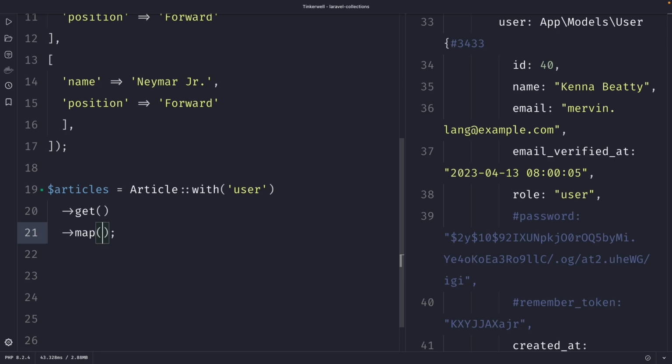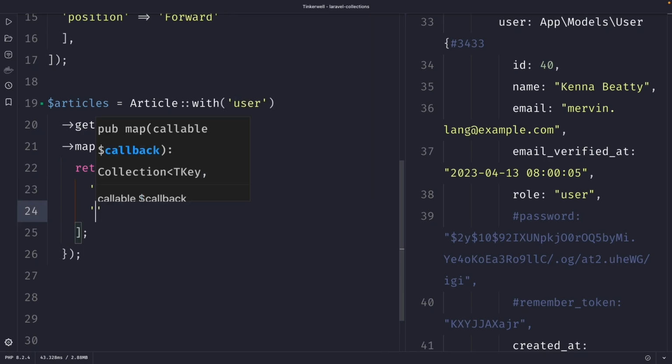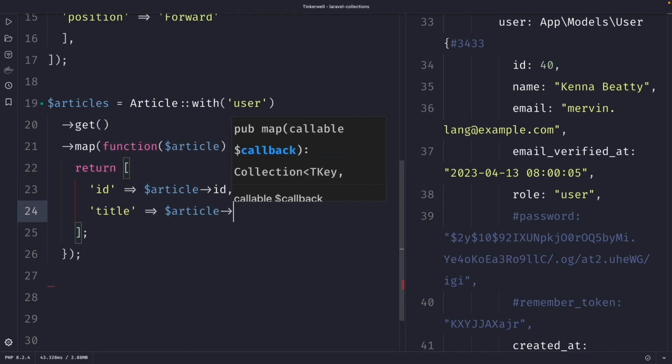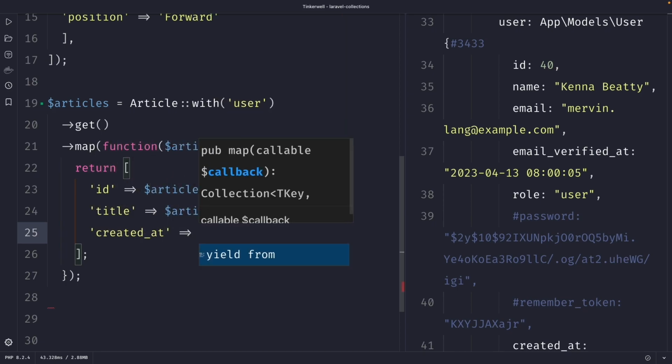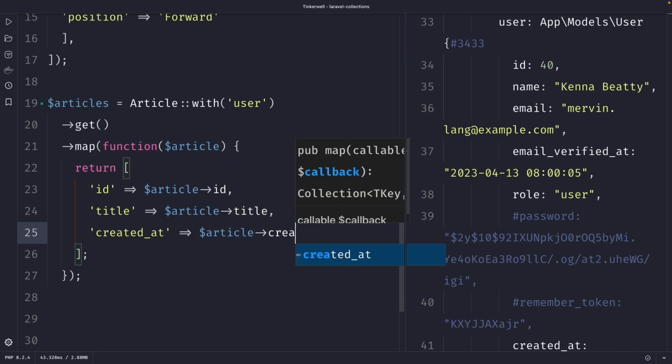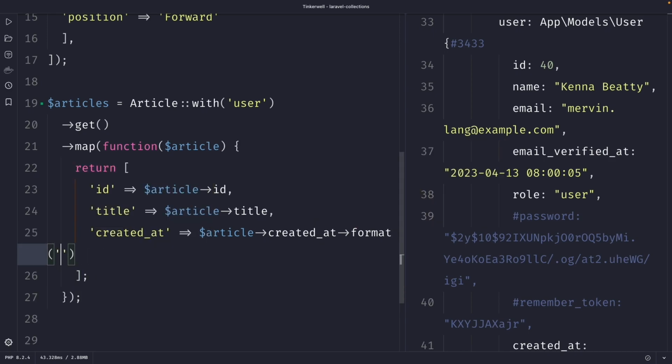Then inside the map method, we're going to define a callback function where every single article will be set equal to one single article. Then inside our map function, we're going to return an array with the data that we need. So let's say return a set of brackets, where we're going to define a new key of id, which will be set equal to the article id. The title will be article title. Let's also add the created_at, which will be set equal to article created_at. Now let's add the format method to it, where the format will be